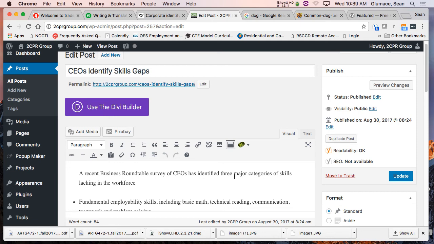Putting together the site's the easy part. This is the part that sucks. I don't like doing it. When I have clients, they ask me, well, can we just hire you to continue updating? I'm like, no, not really. I'd rather just teach you how to do it yourself because I don't want to do this.